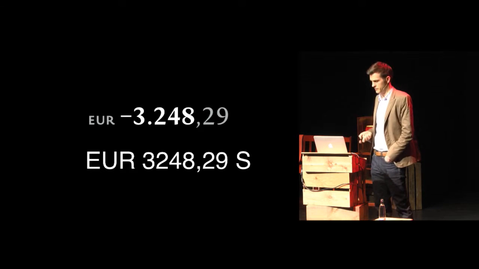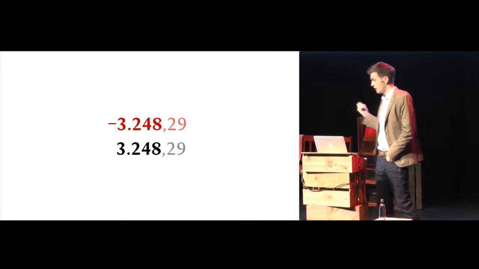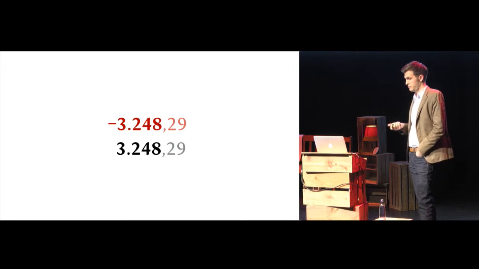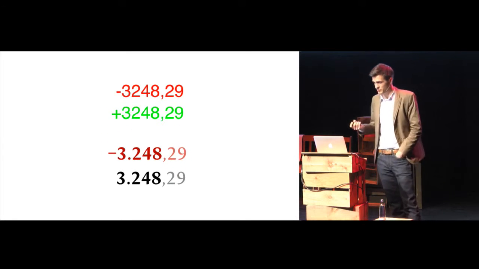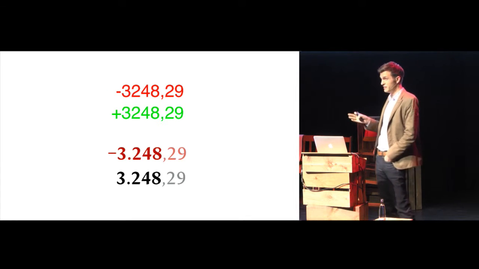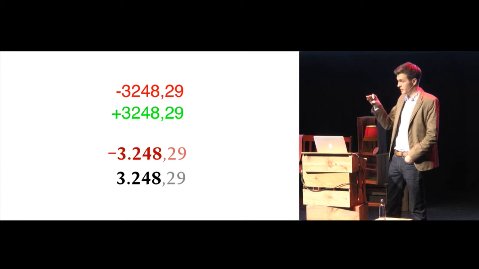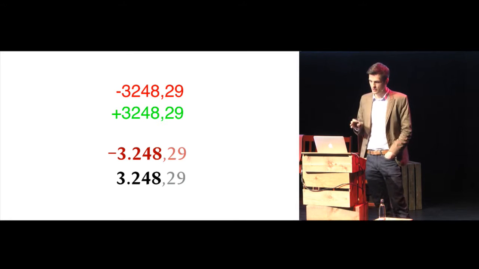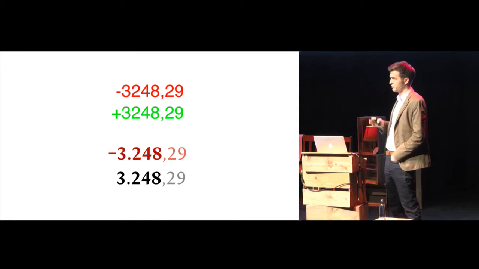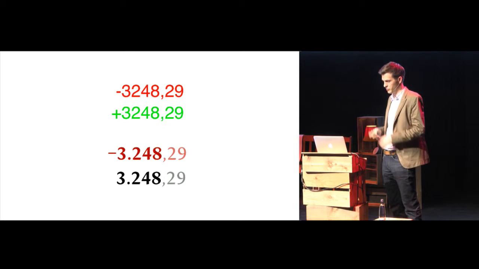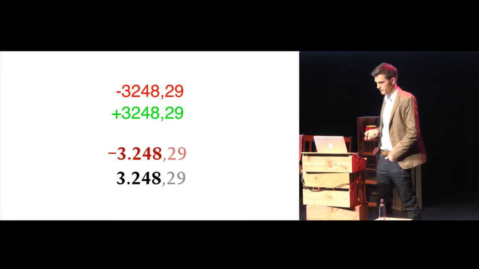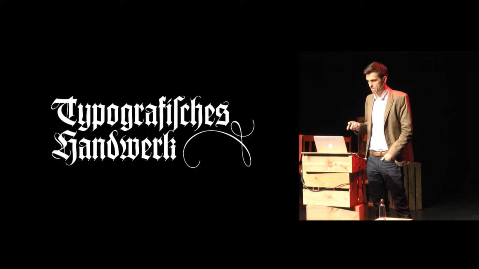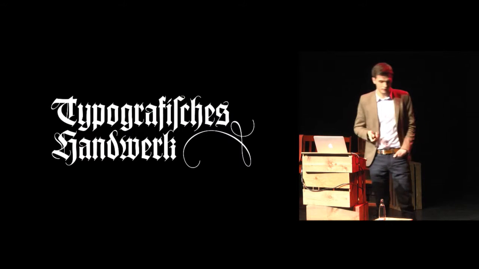Easier to read, right? Yeah. This is how we color-coded the numbers in our app, negative red, positive black. This is what I see in many financial apps, and it looks like a good idea to add the plus to say it is a positive number, but it's not really a good idea, because leaving out the plus actually emphasizes the difference between these two types of numbers. And also for red-green color blindness, it's a really bad idea to use red and green. Again, nothing spectacular, it's typografisches Handwerk.